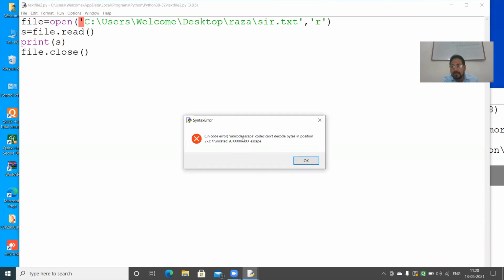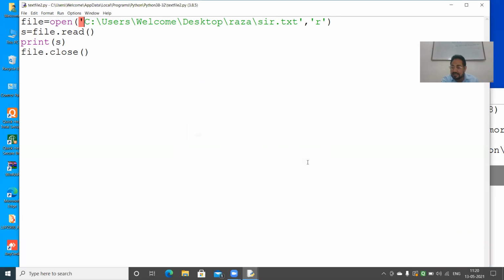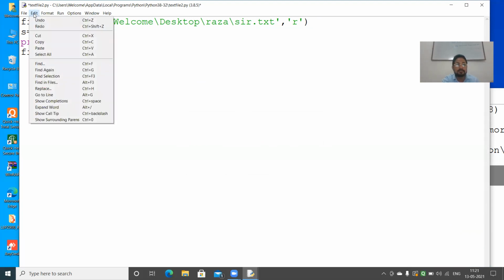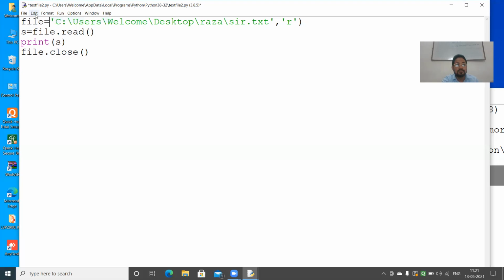Unicode error. Unicode escape code cannot decode bytes. So it is accepting that as Unicode, and our editor is not accepting that. So what I will do, I will just write here R. That means this full path is considered as a raw string, a simple string, not as a Unicode character or something like that.